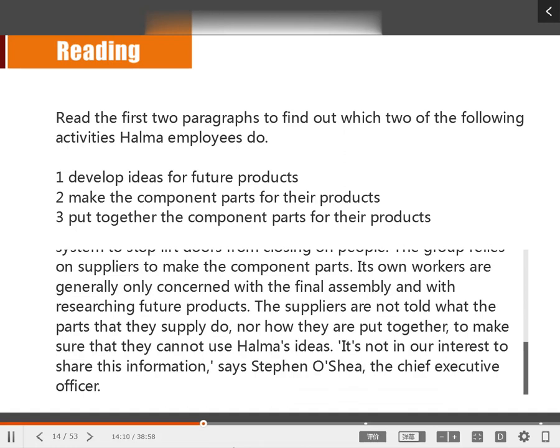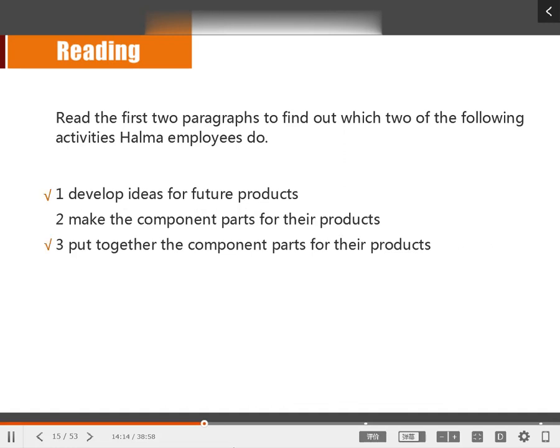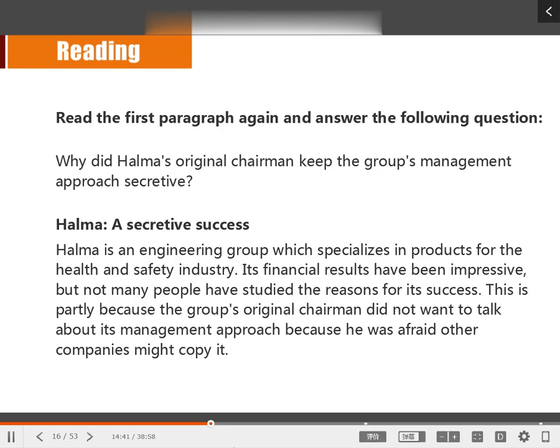Great job. So here, let's check your answers. According to this article, Halma employees do develop ideas for future products and also put together the component parts for their products. What they don't do is make the component parts for their products. They don't make the component parts. 好，他们不会生产这个组件哈，而是由他们的 supplier 去做，好，外包了哈。